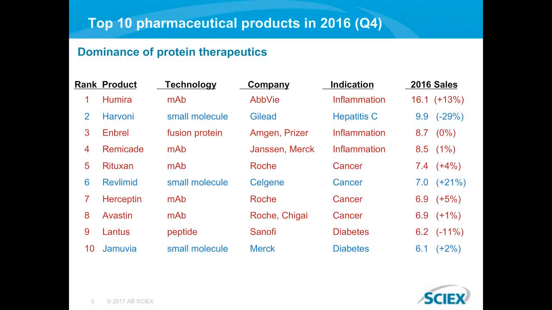Why is it important to check the biopharmaceuticals these days? As you see from this slide, out of the 10 highest sale drugs these days, 7 of them are large molecules, and 5 of them are monoclonal antibodies. Therefore, it's very important to analyze those monoclonal antibodies from the glycosylation point of view, as well as, of course,